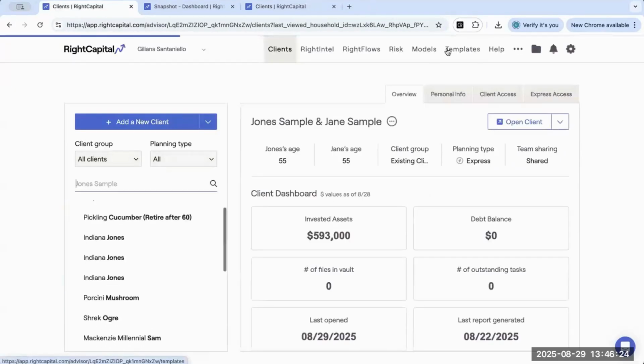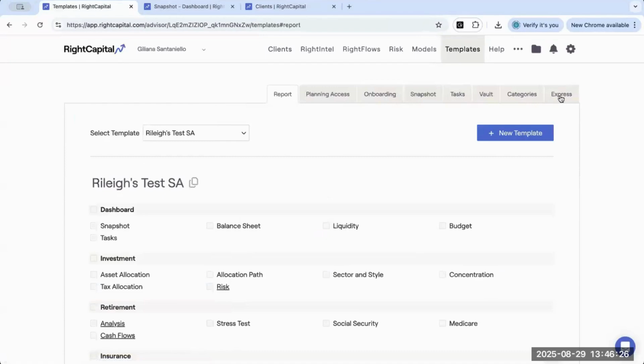All right, so we've gone through and covered the 8 different template types in RightCapital. There's just one more thing before we wrap up that I want to touch on that's very important when working with templates. And that is setting your default templates for new clients. So we do have the ability to create our own templates, and then we can also set the templates as default. So any new client you create going forward will automatically use the templates